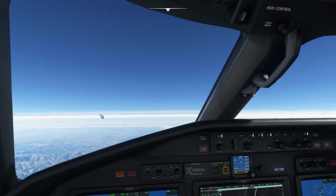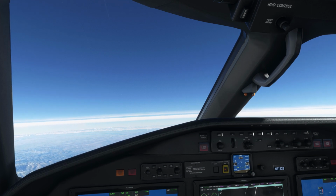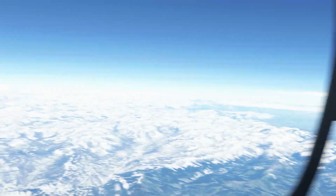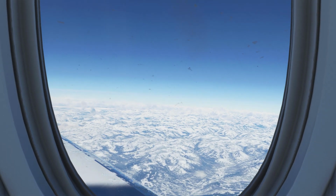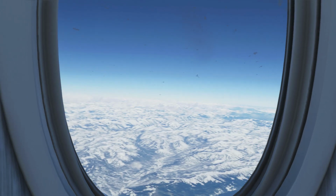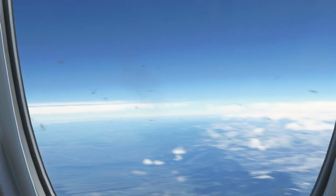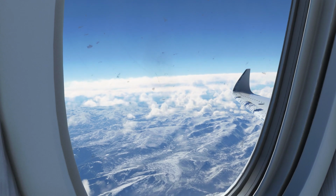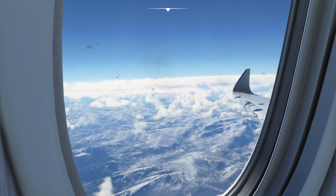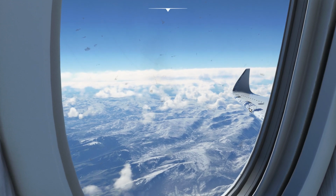Let's hop over to the co-pilot seat. That's the back seat view. One of them. I have a couple different views back here. You can see we got some ice on the wing. That's a bug too. Obviously we had the de-icers on the whole time, but that ice is...